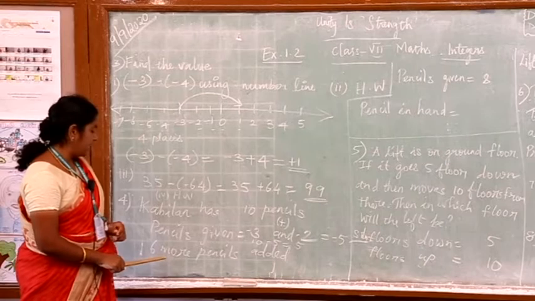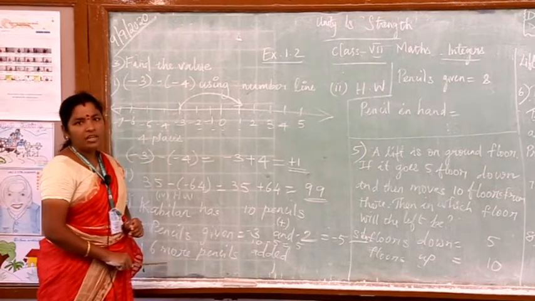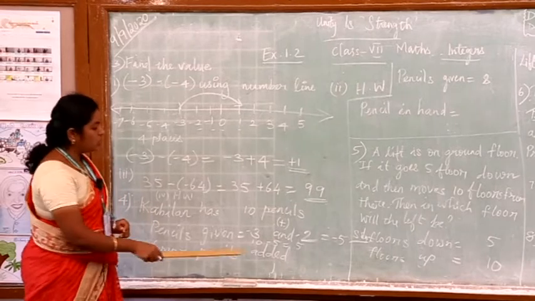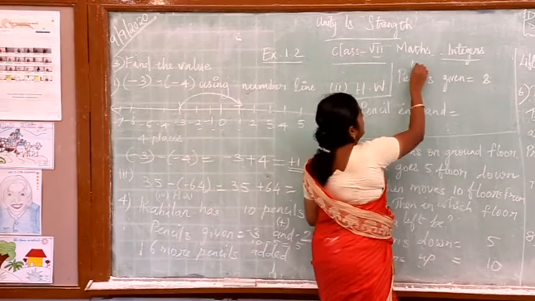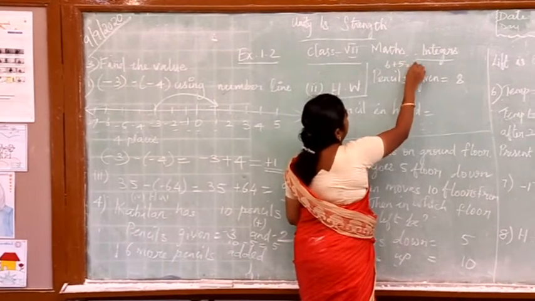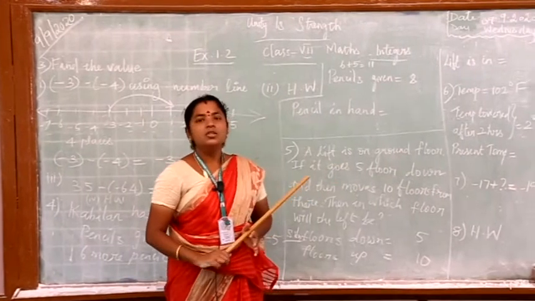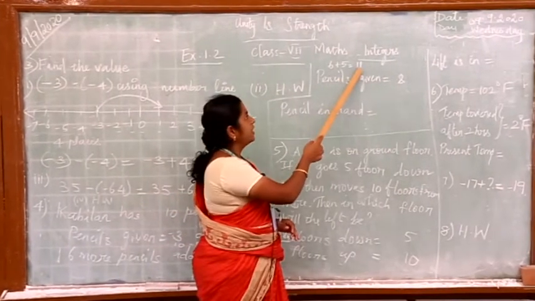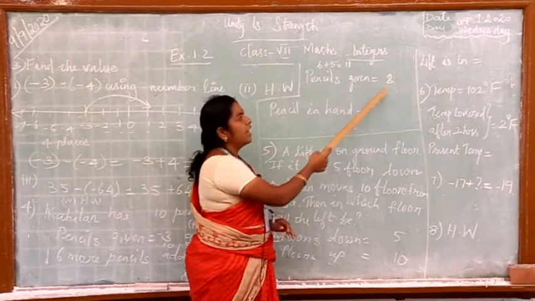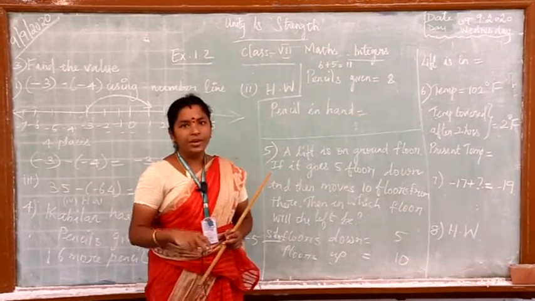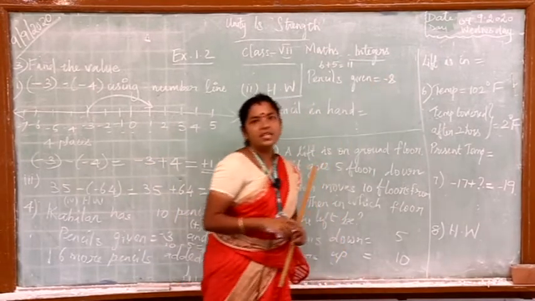So, again on the next day his father is giving 6 more pencils to him. So, totally 6 plus 5. Now, he is having 6 plus 5, which is equal to 11. So, 11 pencils he is having in hand. Again, after getting the 11 pencils, he is giving his sister 8 pencils. If he is giving, we have to take the number as minus here. So, it is minus 8.